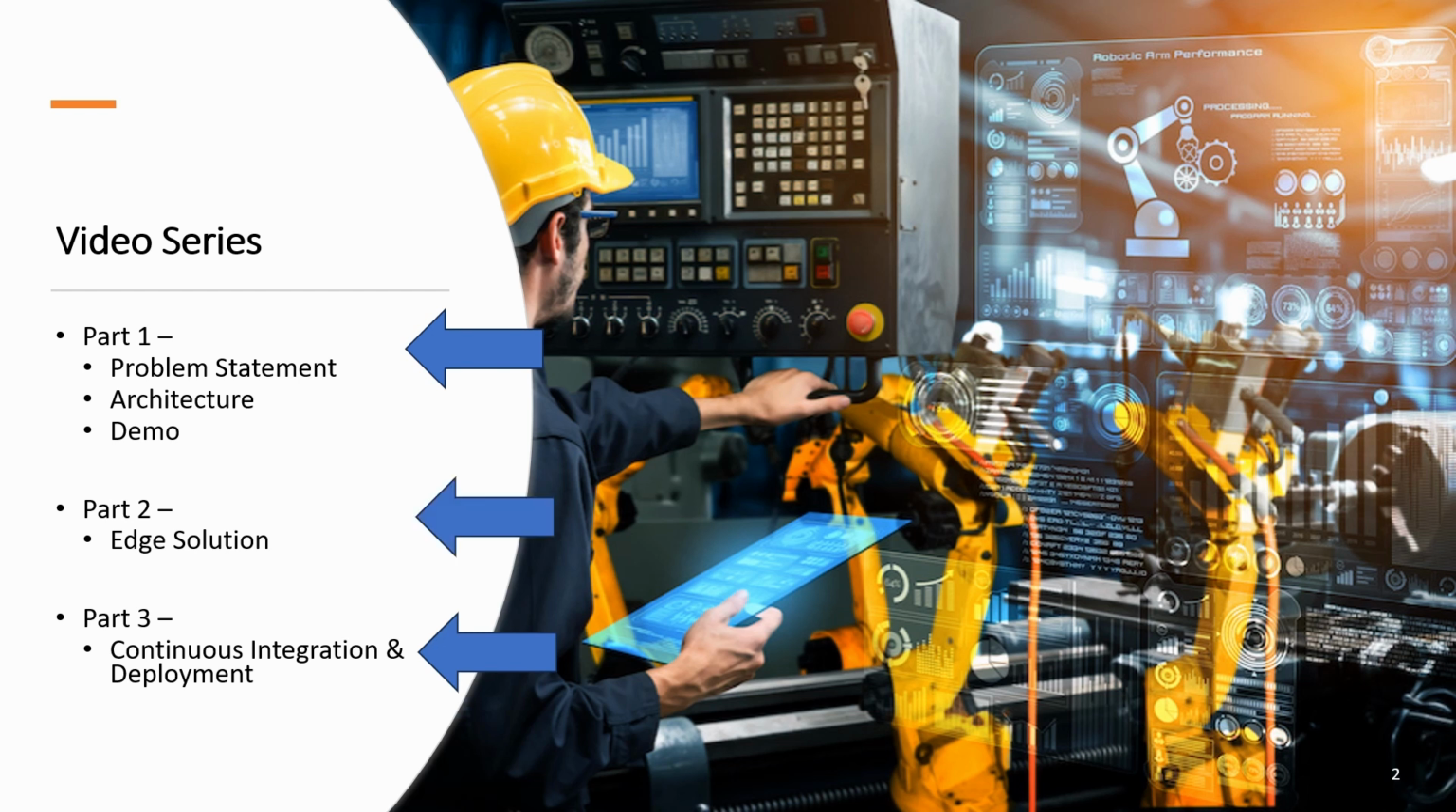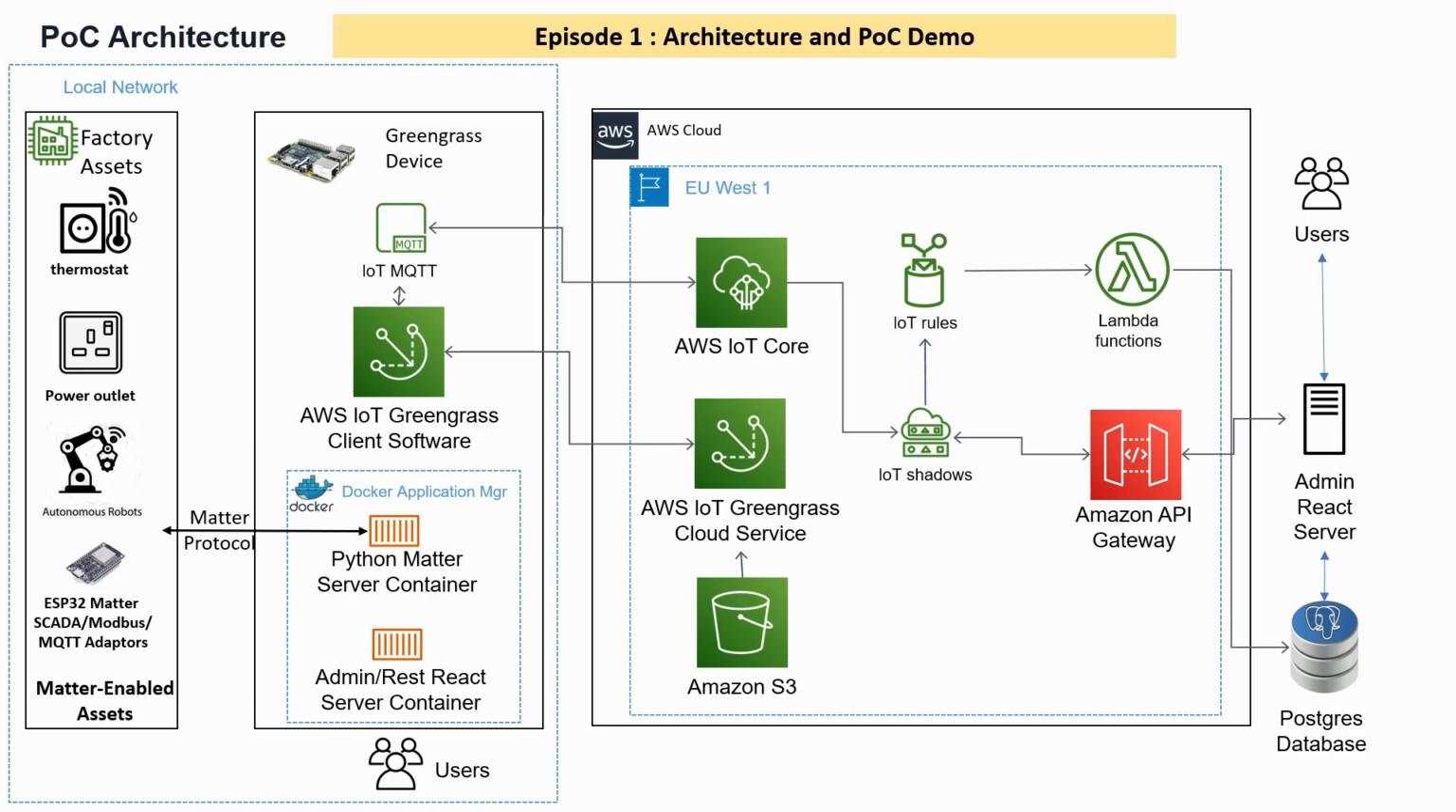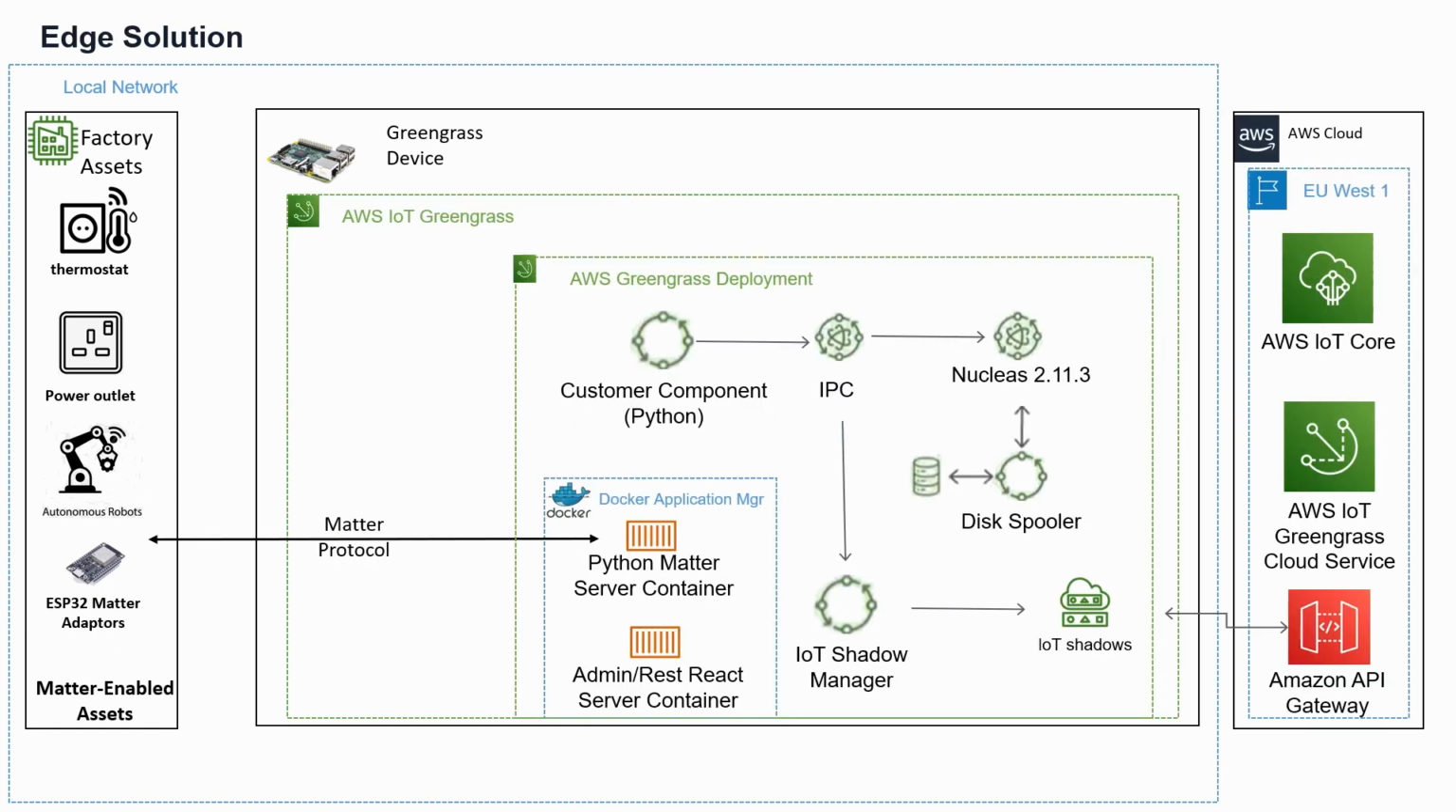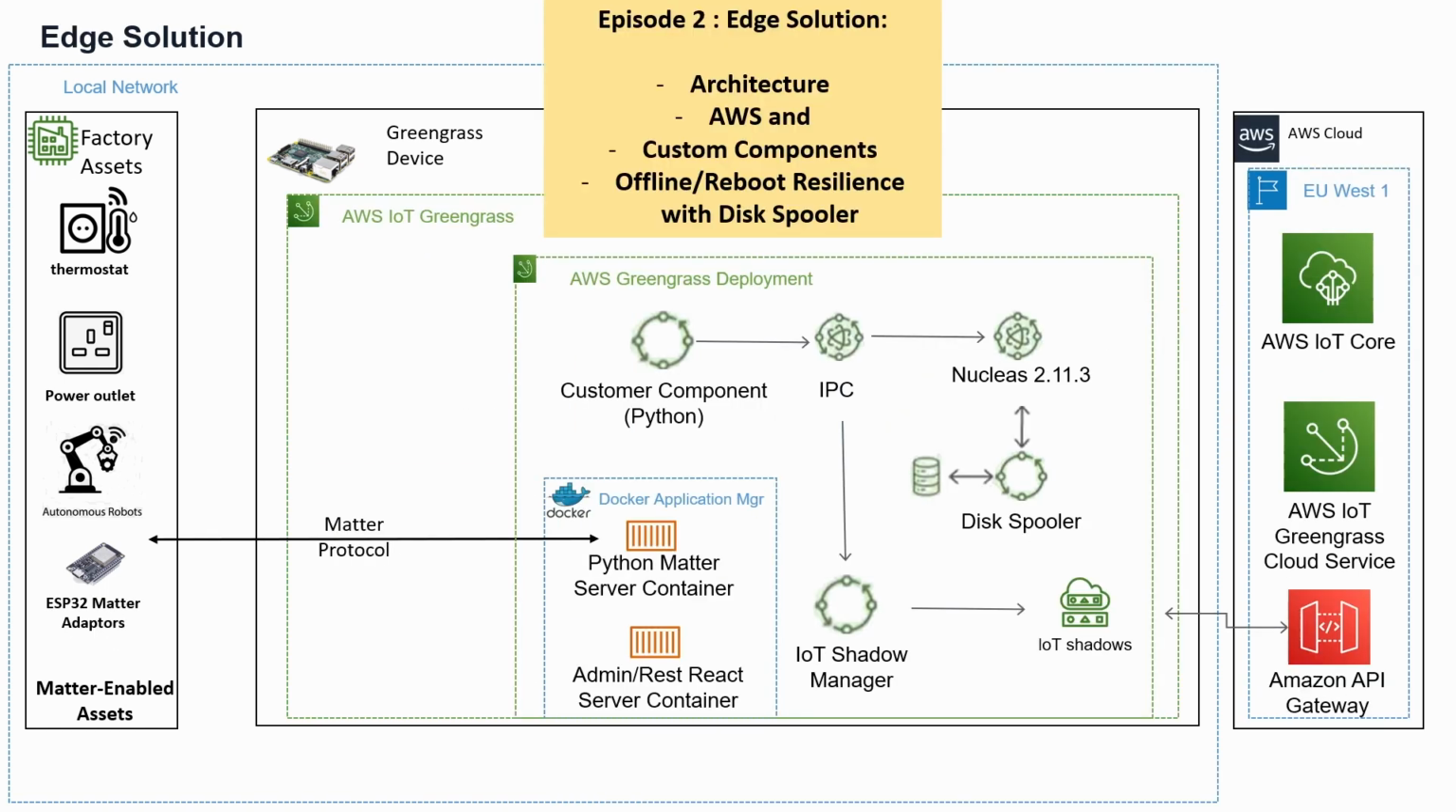In the second episode, we deep dived into the AWS IoT Greengrass based edge solution. In episode 1, we learned about the overall architecture of the proof of concept, and we saw a demo of the Matter controller controlling Matter enabled devices using the Matter protocol and the features of the AWS IoT Core. In the second episode, we looked at the architecture of the edge solution, and we examined both the standard AWS and custom Greengrass components, and we learned about how the system offered offline and reboot resilience using the disk booter